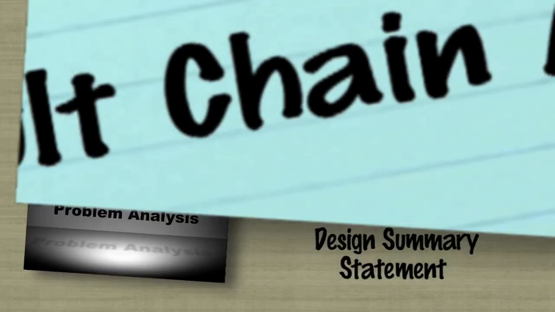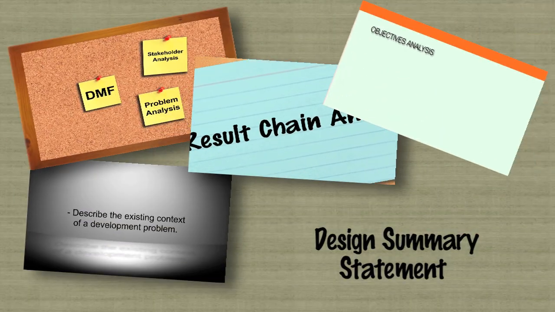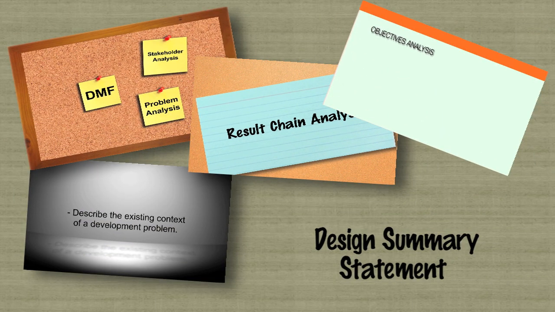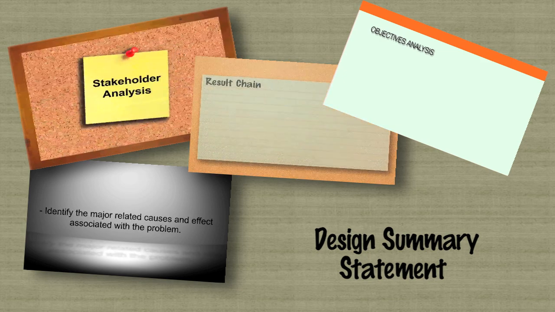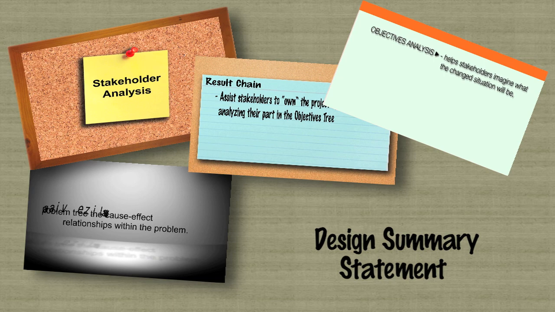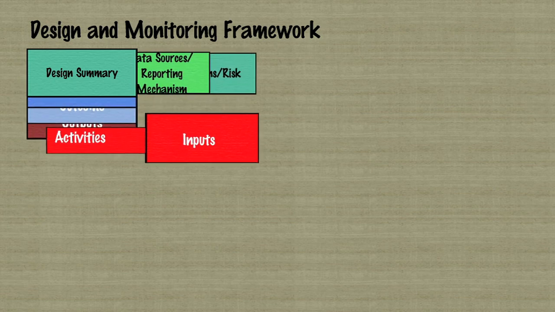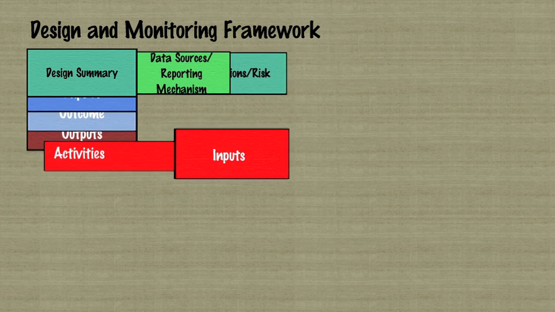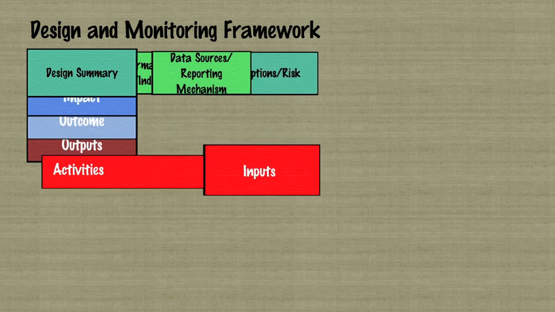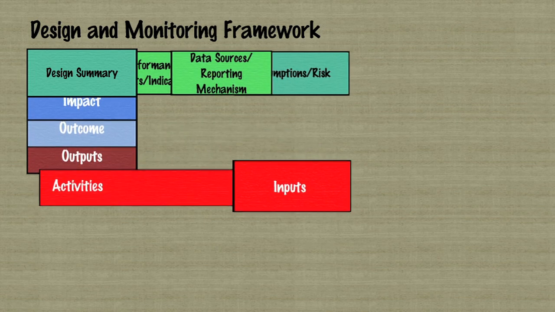As earlier hinted, the previous modules consisting of stakeholders analysis, problem analysis, objectives analysis, and the results chains analysis were analytical in nature. The succeeding 4 modules are focused on planning. Each module will help us elaborate, clarify, and summarize our solutions roadmaps. Each one will add pieces of information that will allow us to complete the Design and Monitoring Framework or DMF